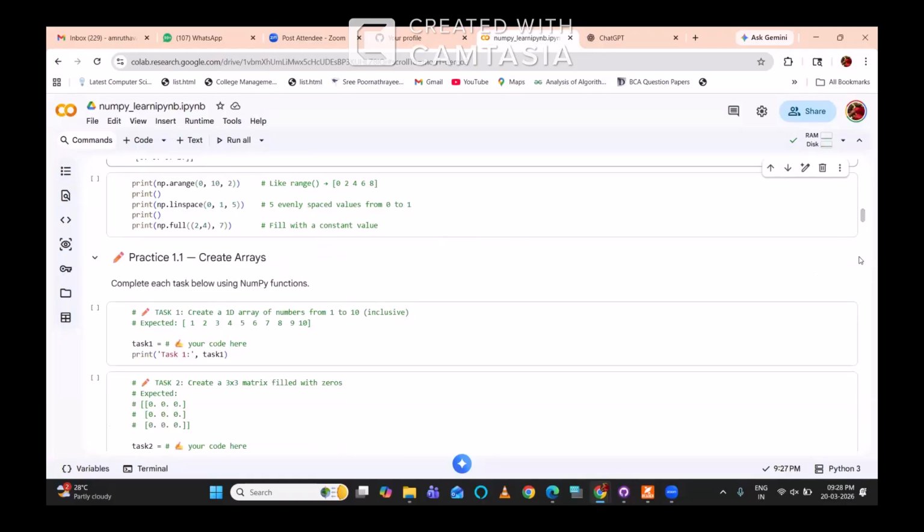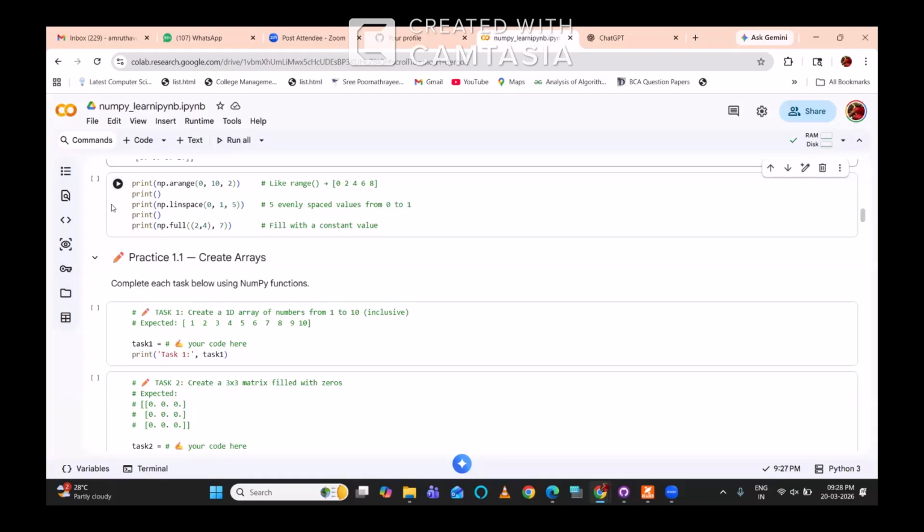Again, the arange function. The arange function is a function in Numpy to create a sequence of values, and that is kept as a Numpy array itself. Okay, so np dot arange of 0 to 10 means it will generate elements from 0 to 10 minus 1, that is 0 to 9. And after 0, it will skip to 2. Then from 2 it skips to 4. Likewise, the output array will be 0, 2, 4, 6, 8. Okay.